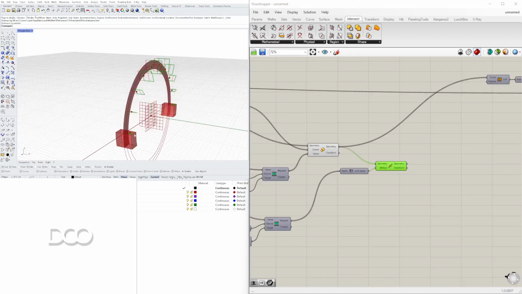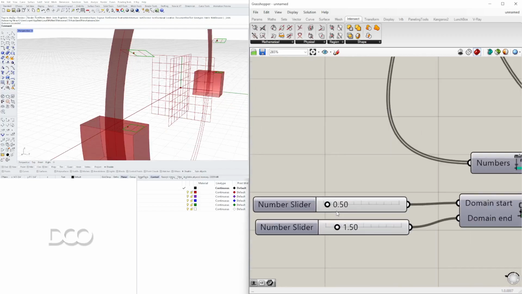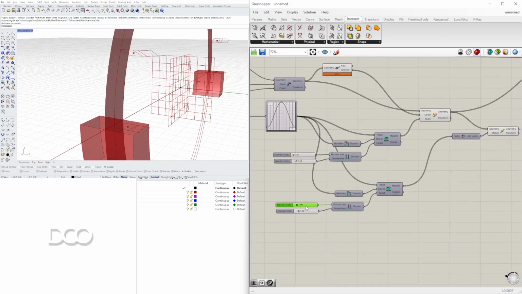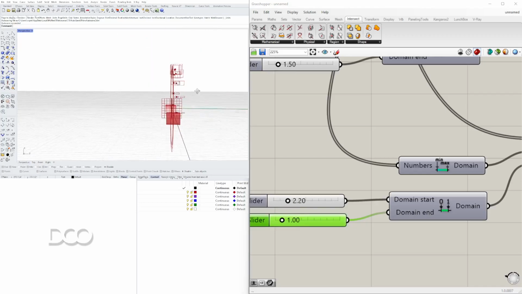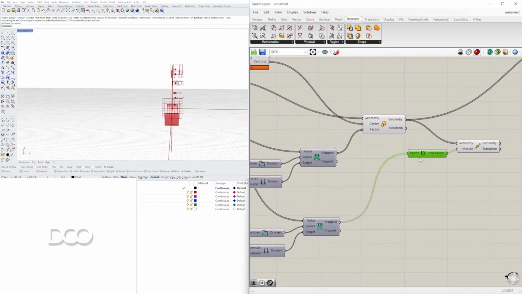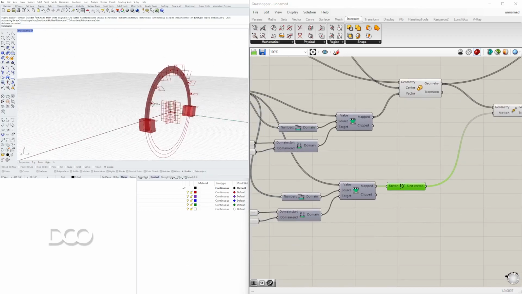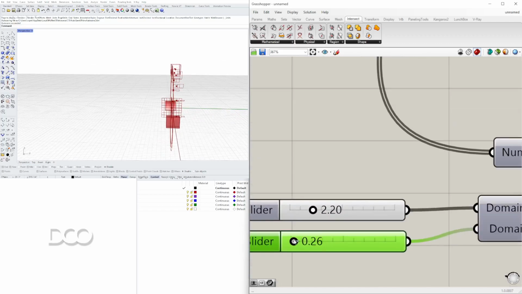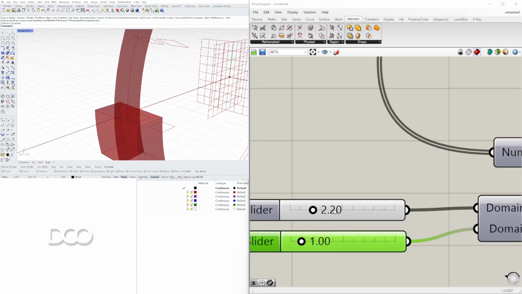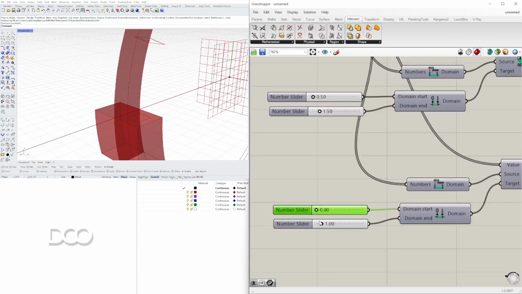So it moves them by nothing here at the beginning. We'll go here by 1. Actually, so here by 0, and then here